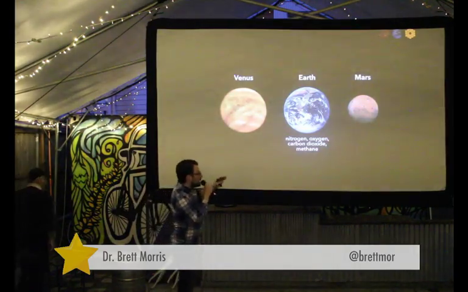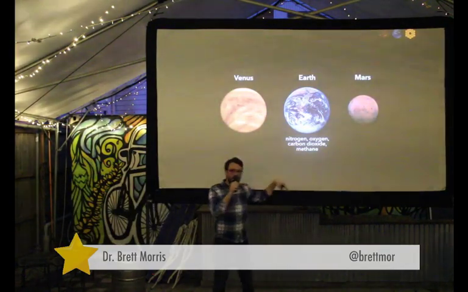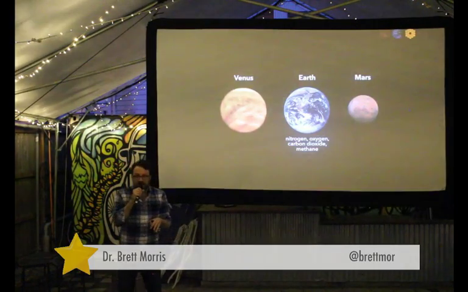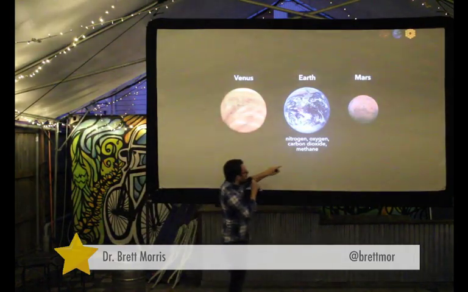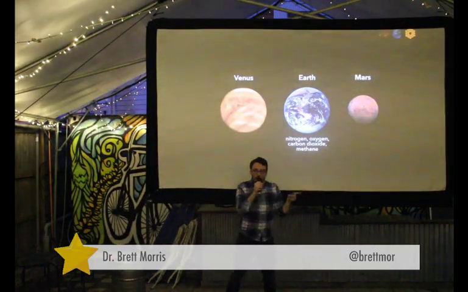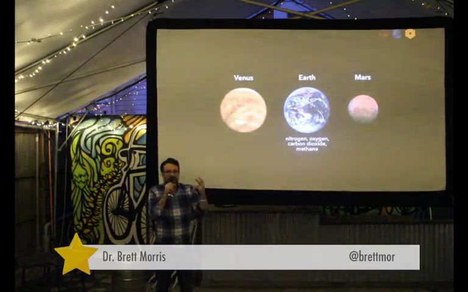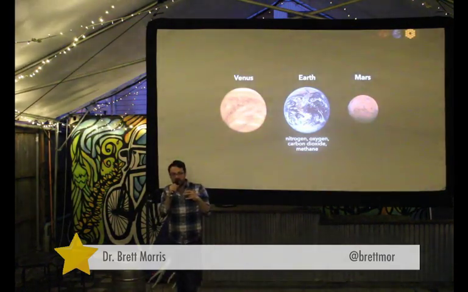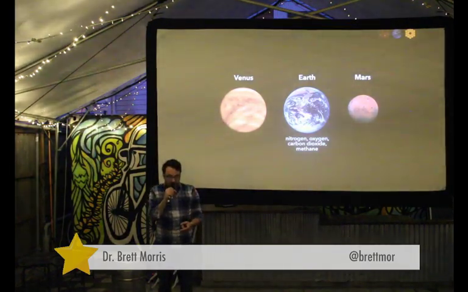Like, if you were to look at the Earth's atmosphere, it's made of mostly nitrogen, some oxygen, and then a smattering of other things. It turns out that the combination of things that you find can actually be a good signal that there's life on a planet. Namely, here, oxygen and methane don't get along. If you release methane into the Earth's atmosphere, after a short period of time, the oxygen breaks it down. And so if you see both methane and oxygen in an atmosphere at the same time, that could be a sign that there's something producing methane in that atmosphere. The thing producing methane in this atmosphere is